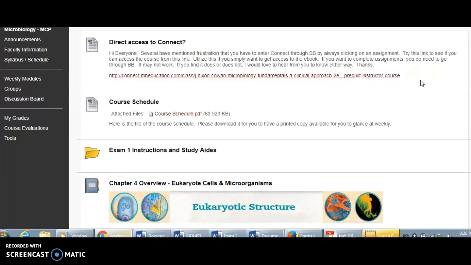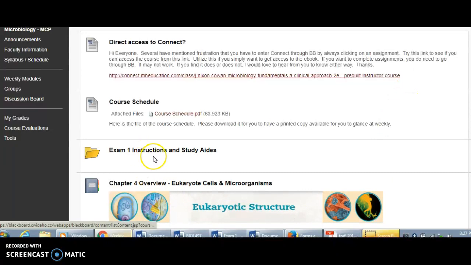I think I need some verification from a student to know whether or not that will work. From my side it works, but my instructor version doesn't always work as the student version. However, if you want to complete an assignment, you still need to click on the assignment link in Blackboard, so that the two can properly talk to each other.